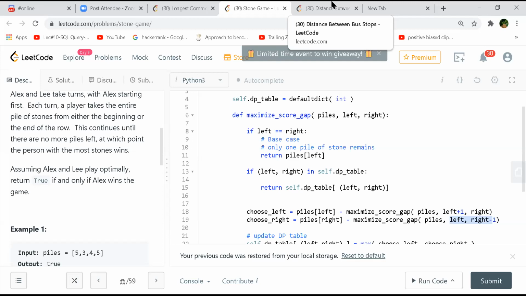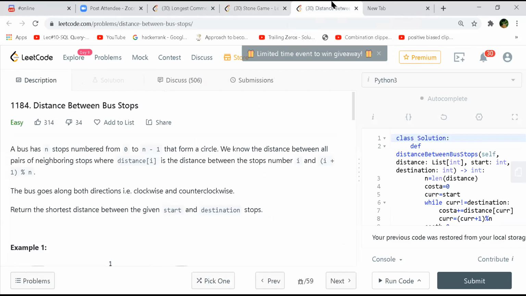They have used BFS also in some of the problems, like asking what is the shortest path by which Alice can win the game. So you can draw the tree and take BFS on the tree. That will be interesting. We can take one Sunday for the whole stone game session. Okay, no problem. Then let's switch to the next.